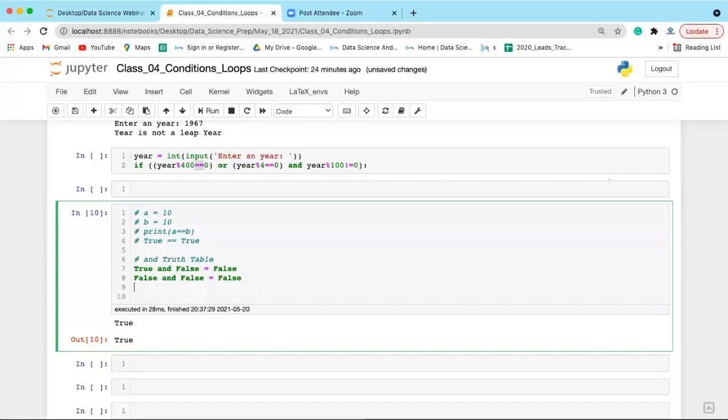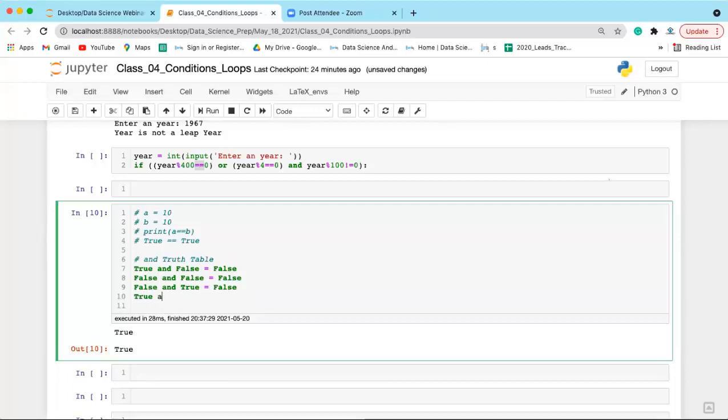False and true, also false. But if both the values are true, then only the result will be true. So this is the truth table of AND. In the rest of the conditions, the value is false.